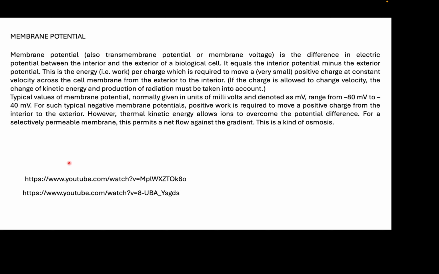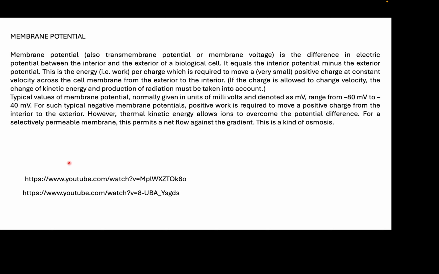If the charge is allowed to change velocity, the change of kinetic energy and production of radiation must be taken into account. Typical values of membrane potential, normally given in units of millivolts and denoted as mV, range from -80